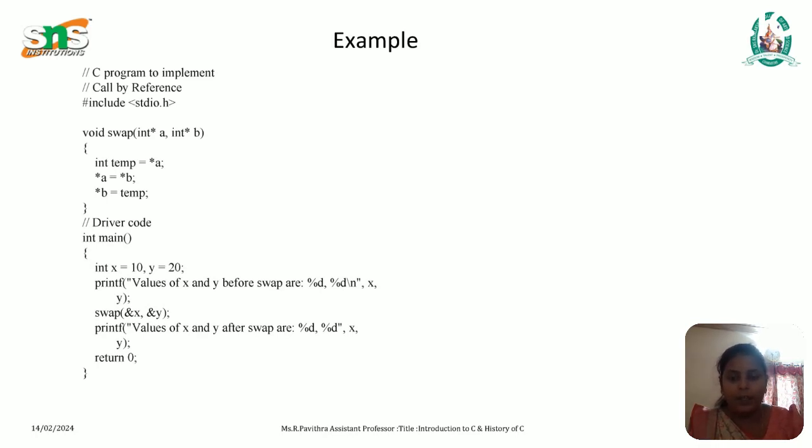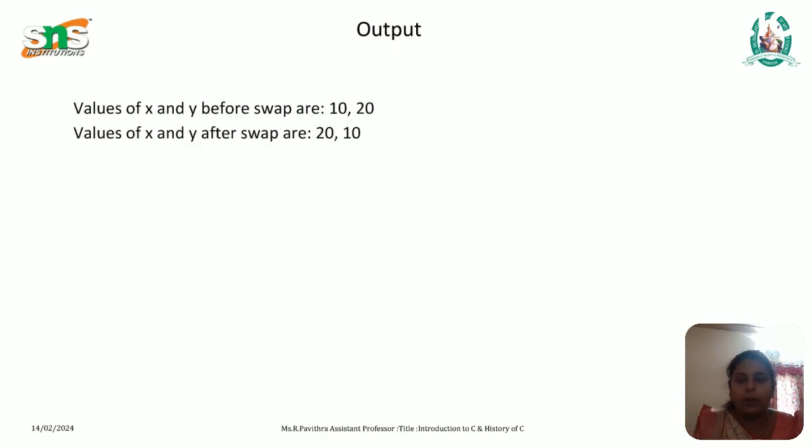Two integer variables are declared, x and y. The x value is 10, the y value is 20. printf("Values of x and y before swap are %d, %d\n", x, y); where \n means new line character. Then swap(&x, &y); printf("Values of x and y after swap are %d, %d", x, y); return 0;